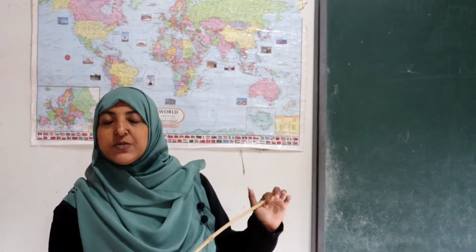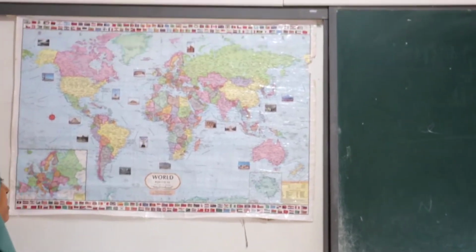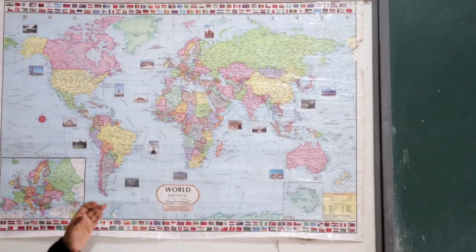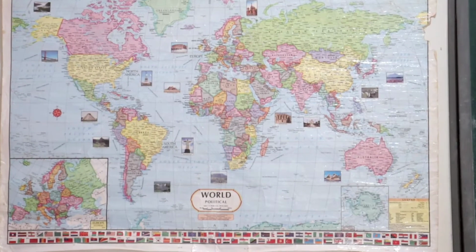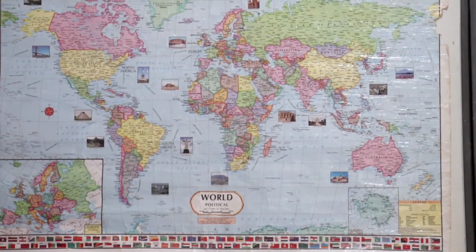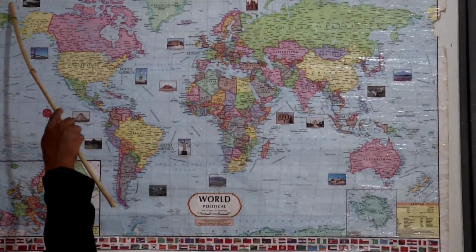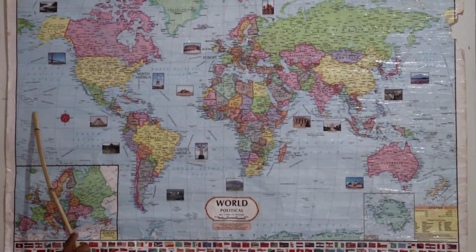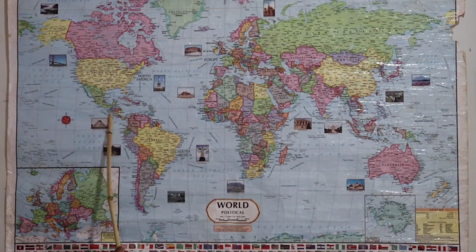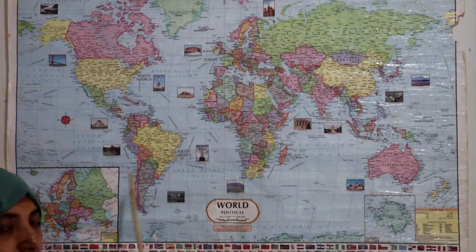Today we are going to study other important lines in the map. You know that in a map or globe we can see two important lines. One line is the parallel line, and the other one is which line? Yes, the vertical line. So all of you look here. First of all, we can identify which are the important vertical lines in the map. So you can see so many lines here. Okay, one line, another line, another line.